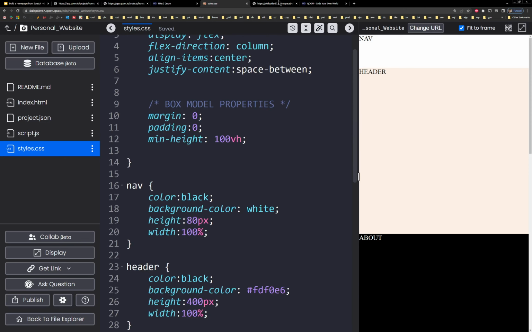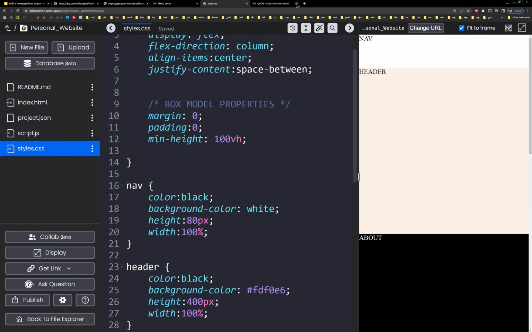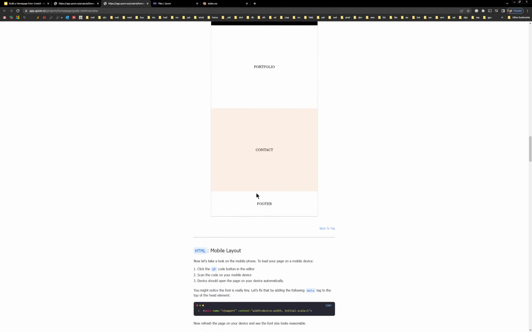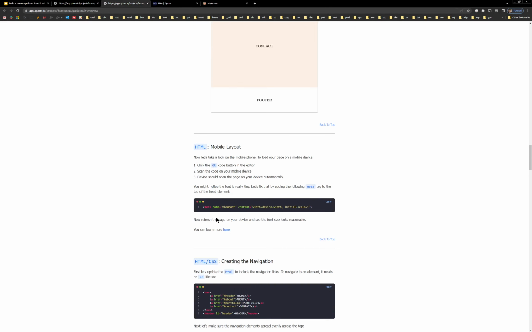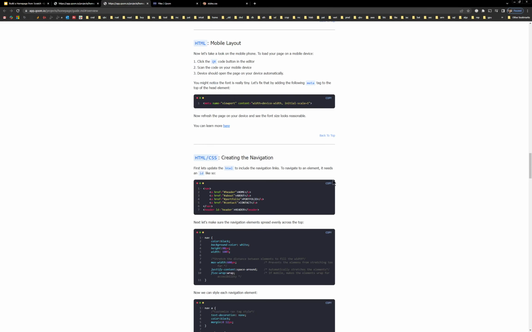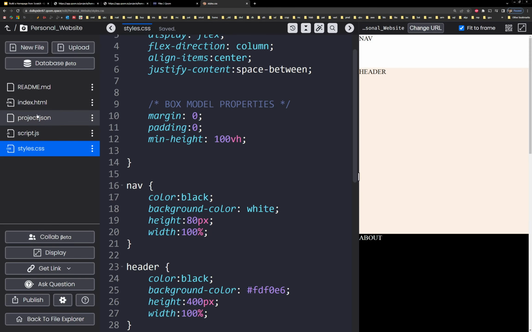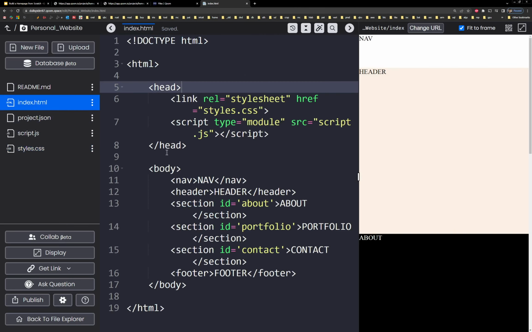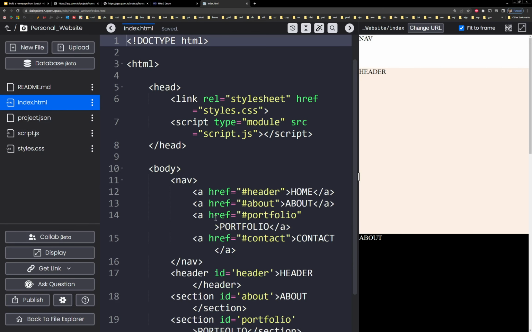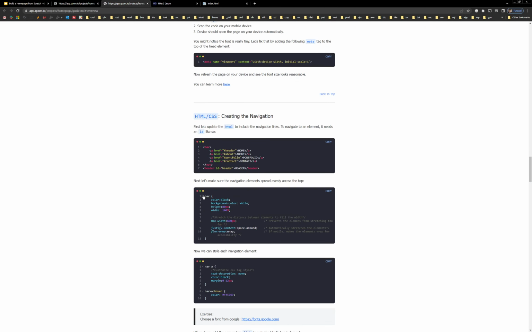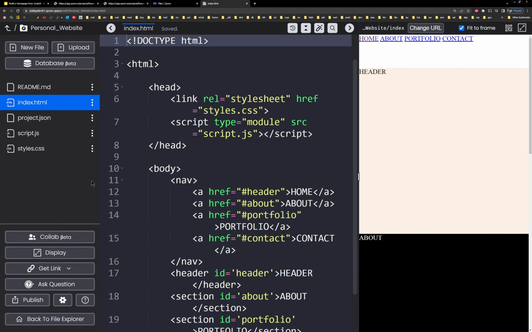I'm going to add a few more copies of code just so we can see how this progresses. But let me close this as well and close this. We can see how for mobile layout, we add this link, which I talked about earlier. For the navigation, I'm going to copy this over. And let's see how that looks. Sorry, I'm not going into much detail. Beautify it. You can see it has more links. And then I'm going to take this over, take to here,